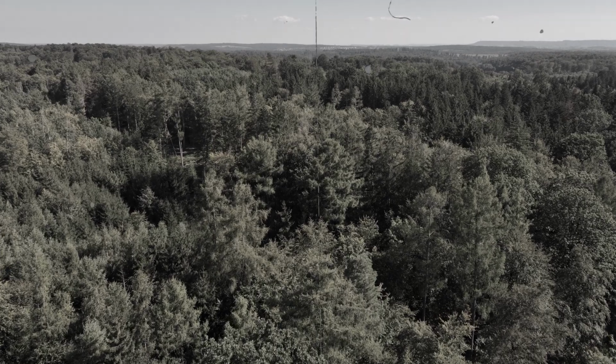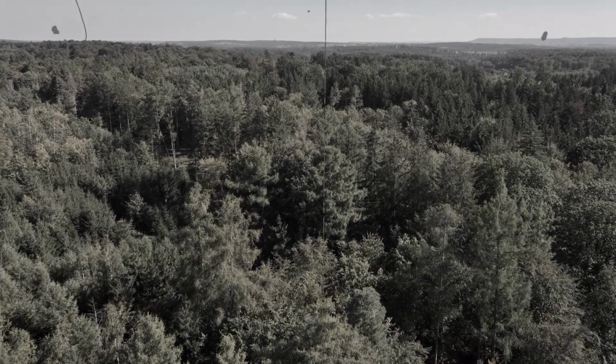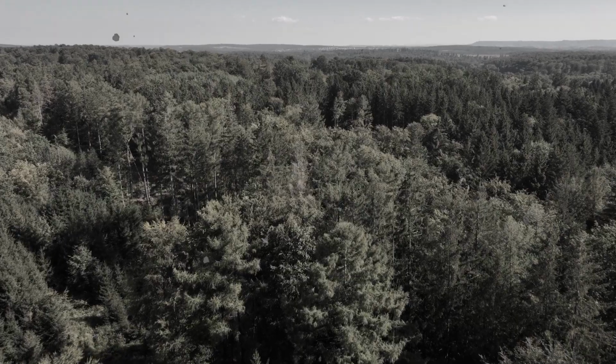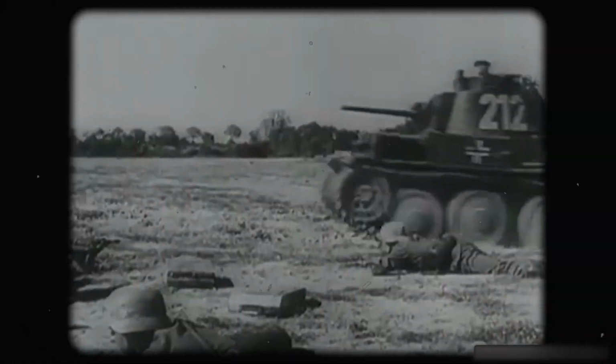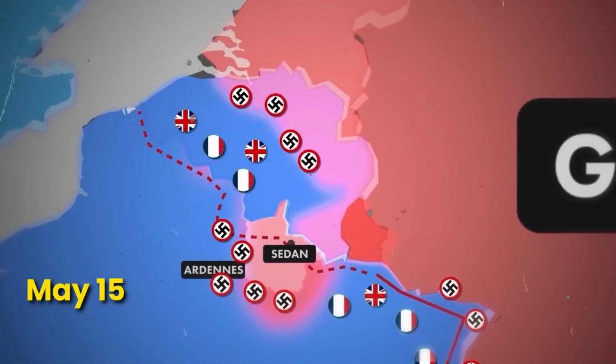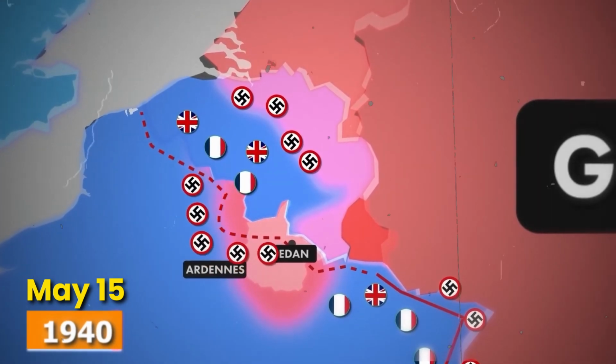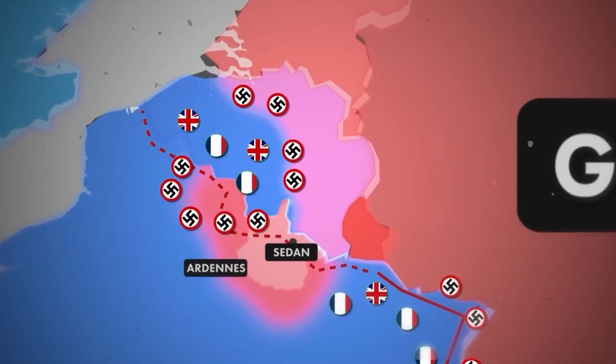This was a vast forest that was believed to be a strong natural fortress by France's military experts. They assumed that the German army would never be able to come through it because it would be too difficult. They didn't expect the German army to invade via this forest. More than 40,000 military vehicles were used by Group A to enter France through this forest. On May 15, 1940, they captured Sedan and started traveling northwards.